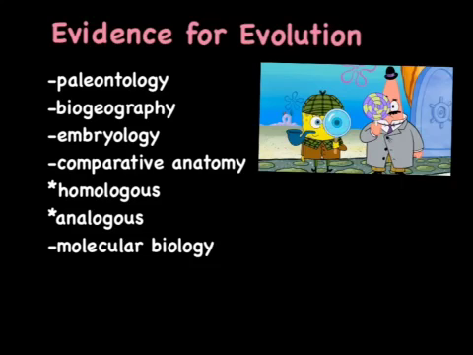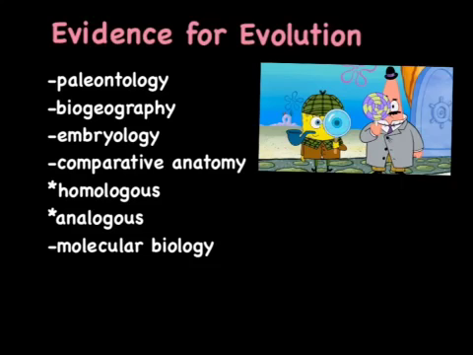shows that fossils have been found that prove species have gone extinct. There's also biogeography, which shows that species in different regions of the world happen to look alike. There's also embryology, which shows similarities between developmental stages of different kinds of species. There's also comparative anatomy, which shows body parts that resemble one another in different species because they've evolved from a common ancestor or due to adaptations. And there's also molecular biology, which shows that nucleotide and amino acid sequences of DNA and proteins from different species